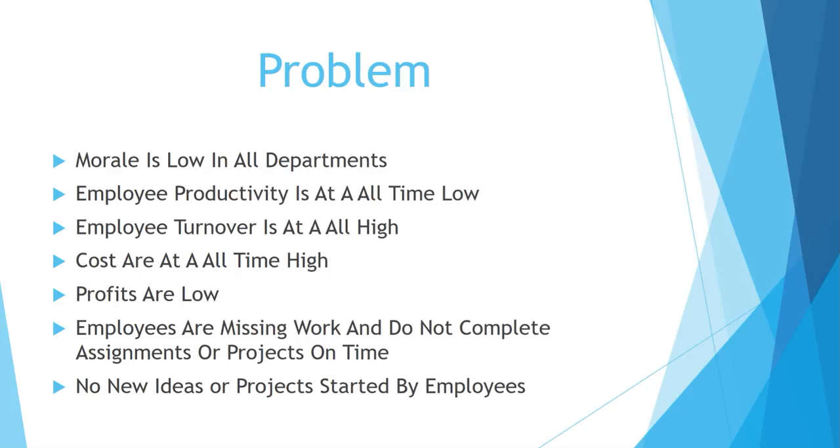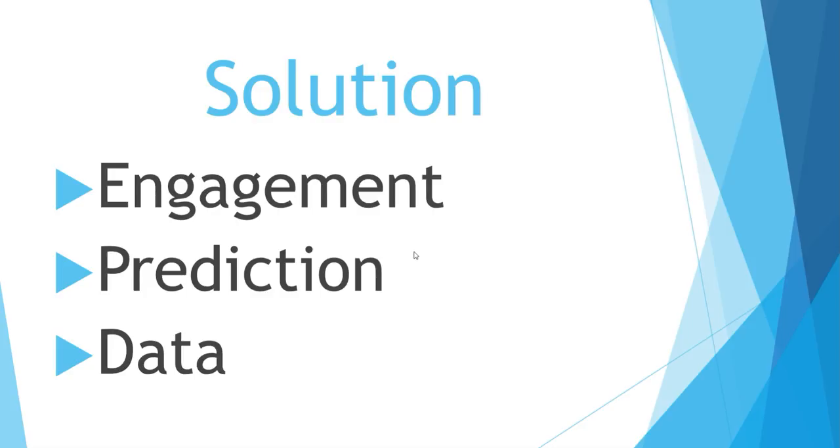Employees don't feel like they can be engaged at work. Employees feel like they're not accomplishing anything. They feel like they're not winning. They feel like nothing is really happening here at work, and so they feel like they can't compete. And so there are a lot of things happening with employees that we have to look at and understand what's going on. Now, there are three different things that we've looked at that really help us understand what's happening in a company.